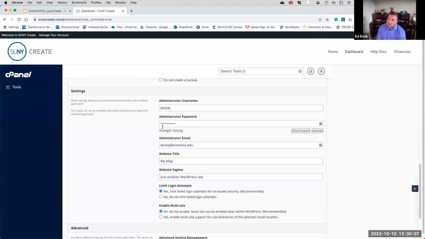So you wouldn't want to use, say, one of the 100 most used passwords. You wouldn't want to use "password" for this. You wouldn't even want to use "admin" for your username, because there are robots that go around the internet and find WordPress sites and try "admin" and "change me" as the password, for people who have turned their site over to someone else and made their password "change me" temporarily so they would change it later, and they never did it, and then it gets taken over and turned into an anti-Israel site, like what happened to Ed Beck